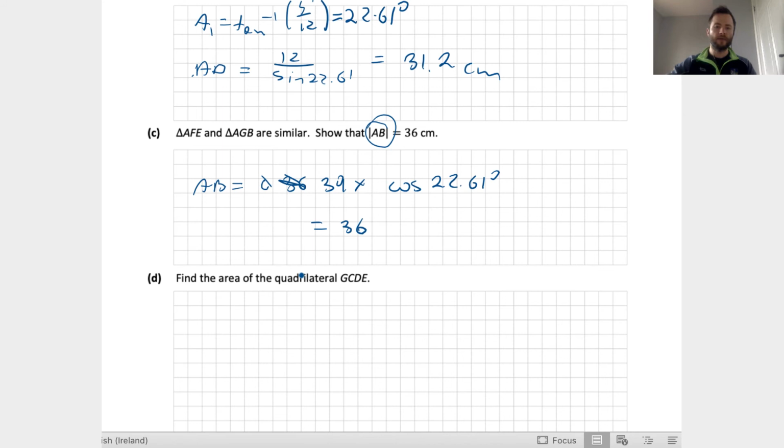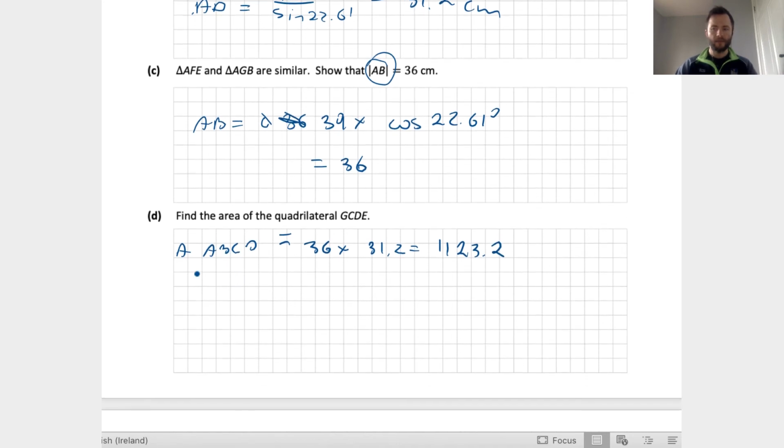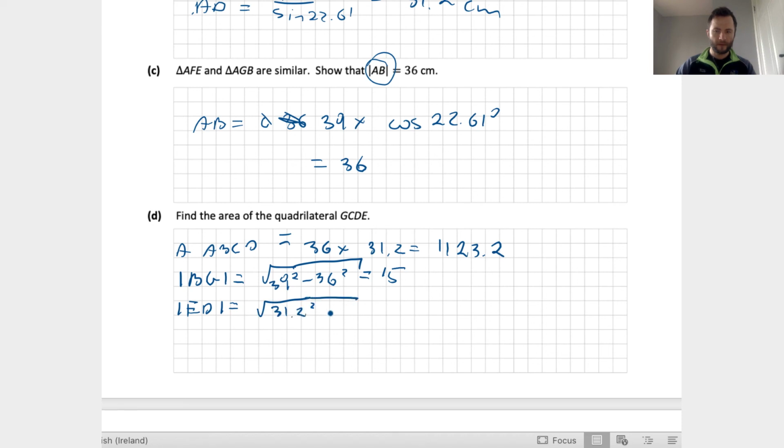And then finally we have to find the area of quadrilateral GCDE. So first, I'm going to find area ABCD, which is equal to 36 times 31.2. That gives me 1123.2 units. Then I'm going to find length of segment BG, which is equal to root 39 squared minus 36 squared, and that equals 15. Then length of segment ED equals root 31.2 squared minus 12 squared,